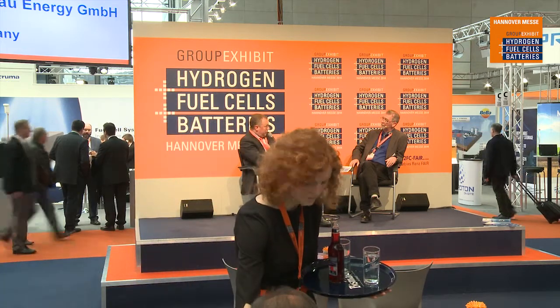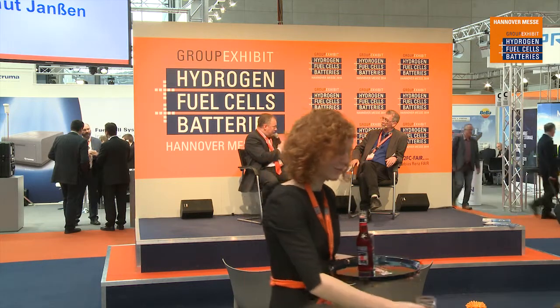Okay. So now we've got the hydrogen coming out of the alkaline electrolyzer. But what happens then with the hydrogen? Normally it would blow up into the air and it's very light. It goes up very quickly. Yes, we have to store it in a tank, and we decided to use a 30 bar tank because the electrolyzer has a system pressure of 30 bar, and so we did not use a compressor. All the hydrogen goes into a tank, and the tank is